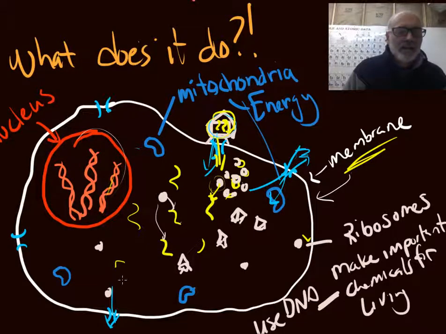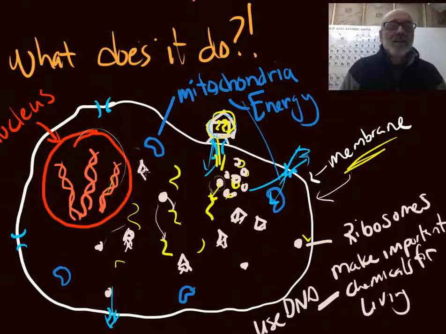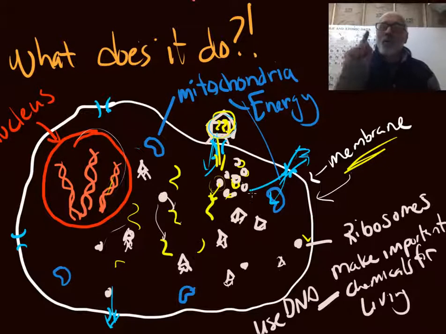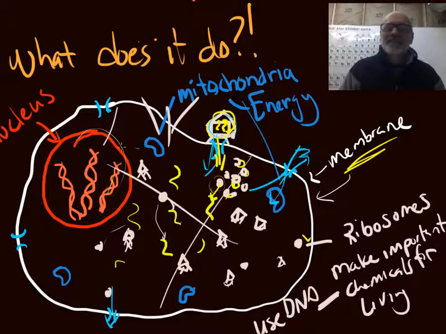And then one of these ones will find this one. It's going to make more. This is going to happen over and over and over again. And there's going to be probably, I don't know how many, hundreds of these little viruses being made inside one of your little cells. One. And then what's going to happen is they are going to break their way out of here. That kills this cell. That cell dies.